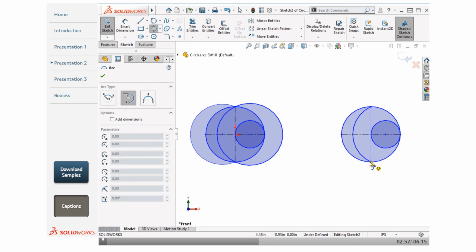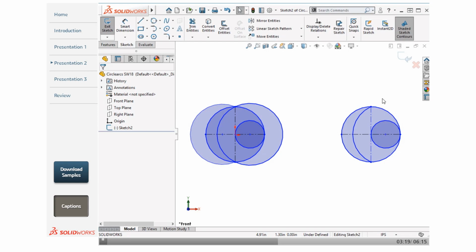To begin sketching the arc, I will place the first point at the bottom of the vertical construction line and move the cursor up and to the right. Notice that SOLIDWORKS doesn't appear to be creating the same arc as it's shown in the sketch profile on the left. This is because SOLIDWORKS interpreted the arc to be tangent to the circle, rather than the arc inside the circle. I'll press Escape to exit the arc, reactivate the tool,